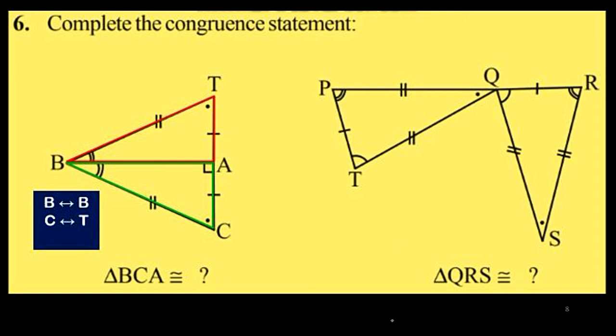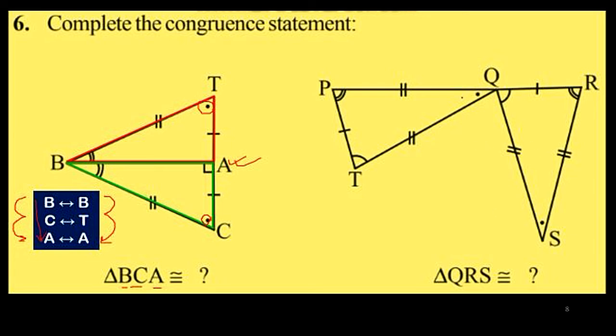C, I want B, C, A. So I have taken the same sequence B, C, A. So C is corresponding to, if you see the dotted vertex, here it is corresponding to T. Next, A. If you see A, it is the same corresponding vertex in both the triangles, red triangle and green triangle. So what should be my answer? I will be following B, C, A. Sequence is B, then C, then A. So same I will be following: B, then T, then A. Okay, but before I answer this, I will just show you the corresponding parts of the other triangle.